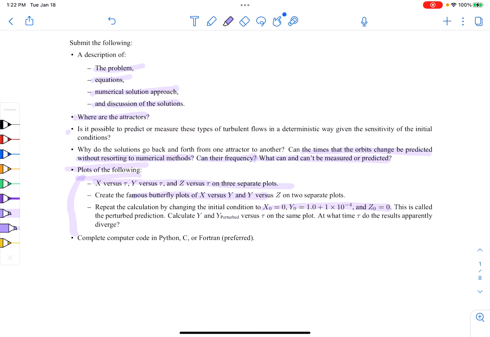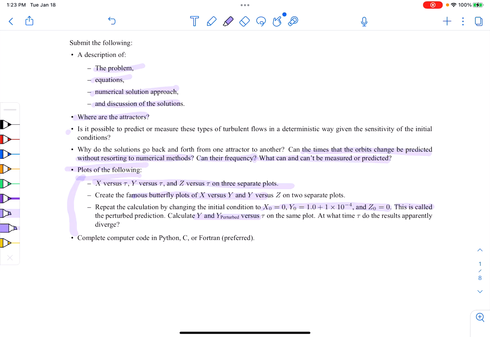So iteration 0, x0, y0. But then I say, instead of y1, I say y plus 1 times 10 to the negative 4th. So now I've taken that initial measurement of the initial condition of my weather system and I've perturbed it. I've added a tiny little thing. The little butterfly flap has changed my initial little velocity to be a tiny bit bigger. Thanks, butterfly. And then I want you to repeat the calculation and plot on one graph y versus y perturbed